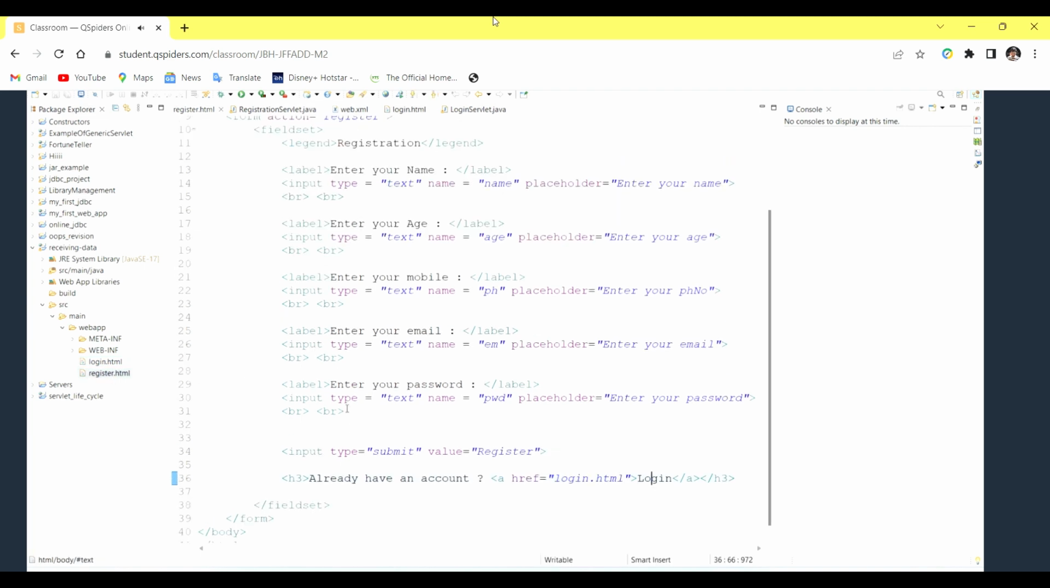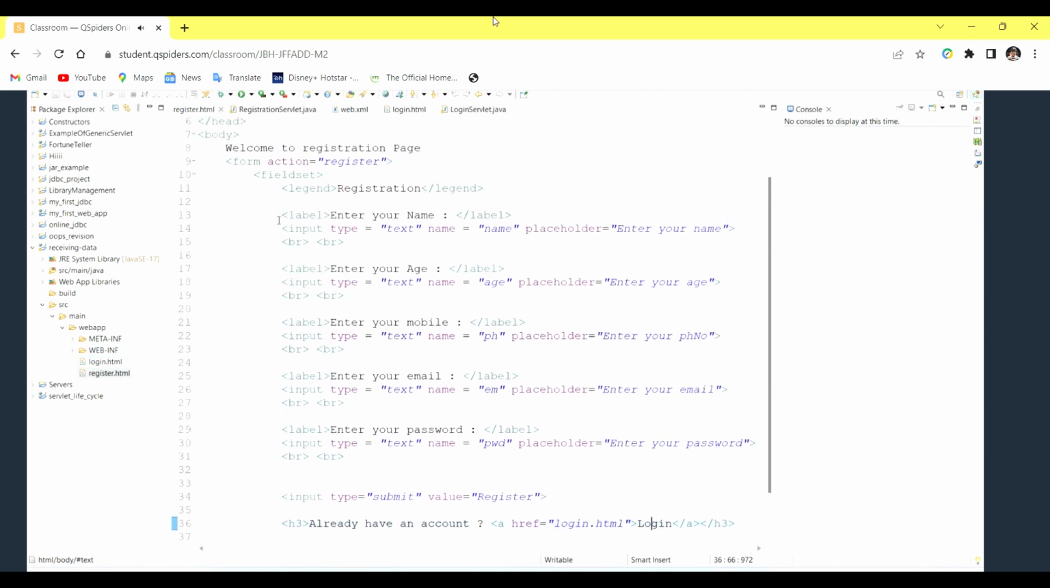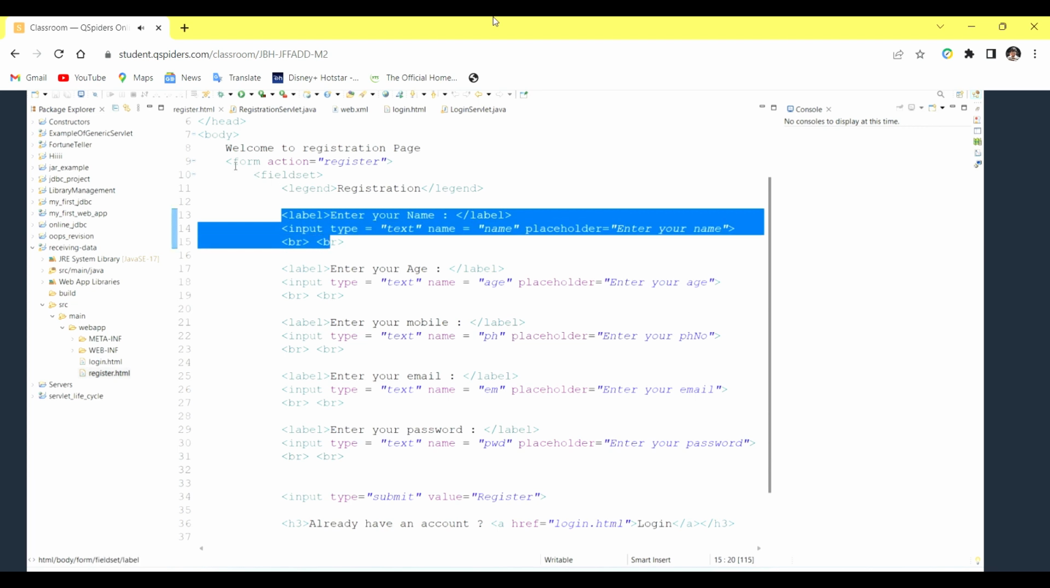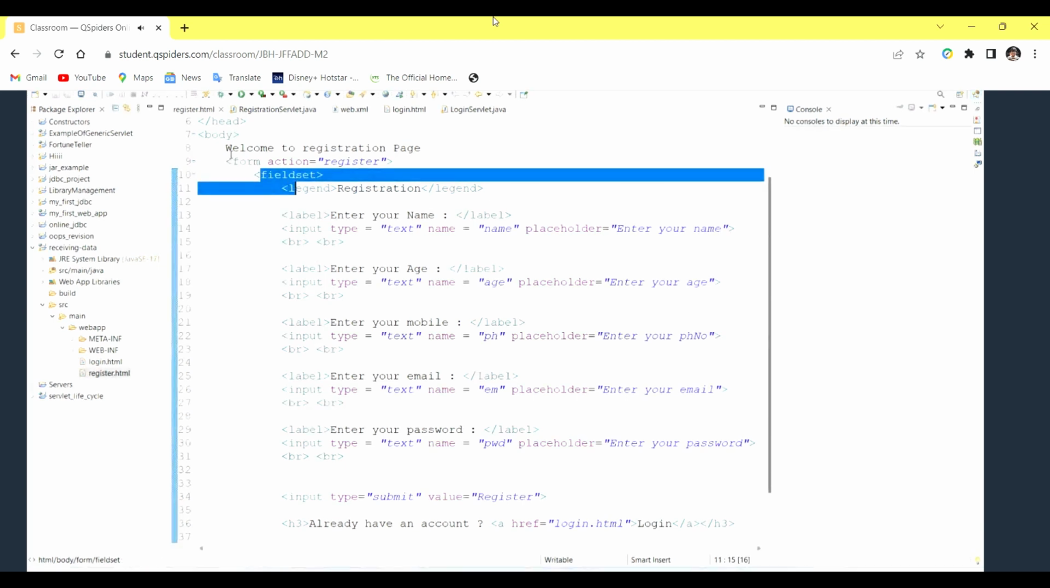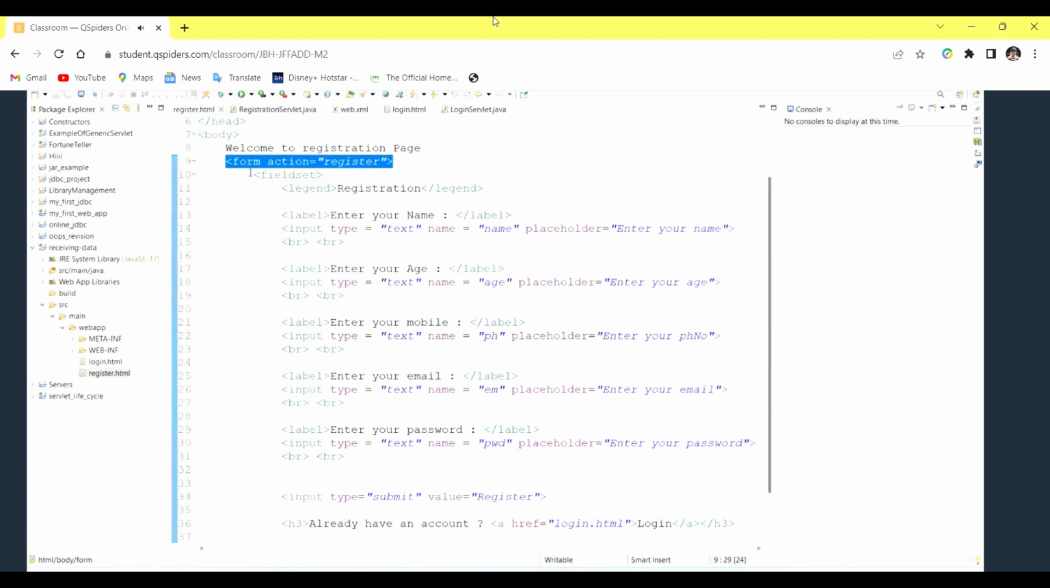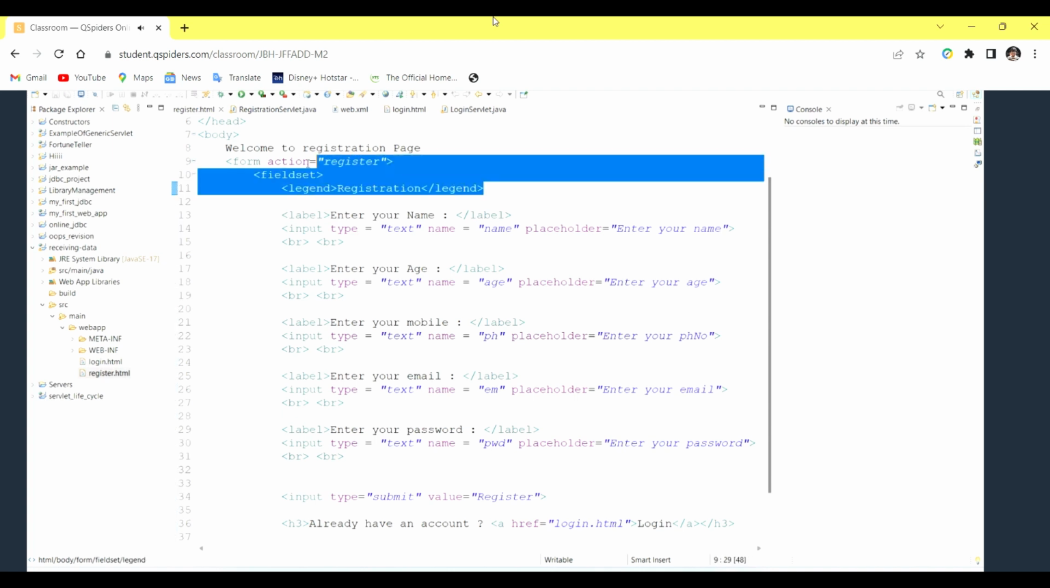What we have discussed here is how to take input. See, these form tag, fieldset, legend, these are all HTML tags. I'm revising the project only. These form tag, fieldset and legend tag are HTML tags that you